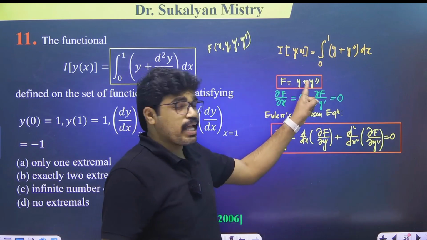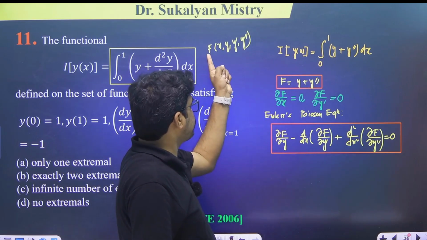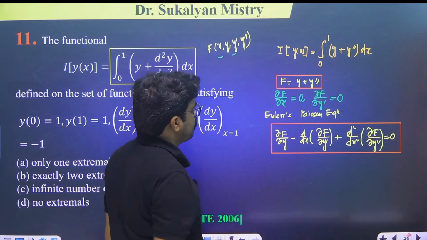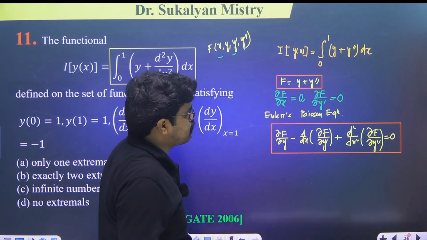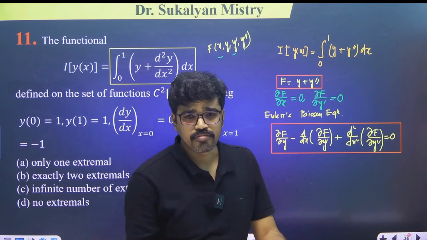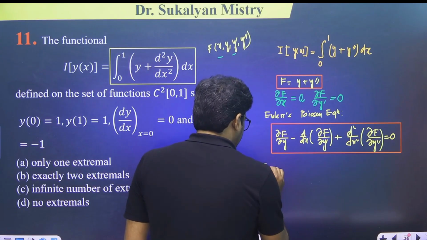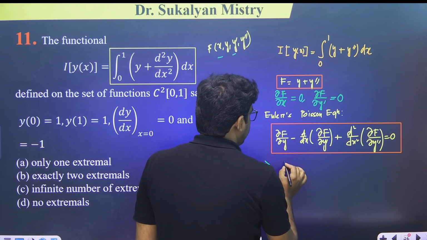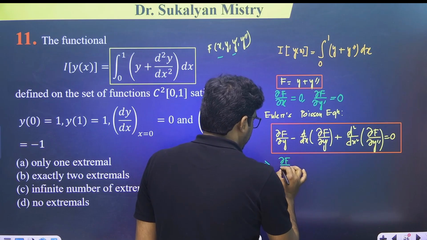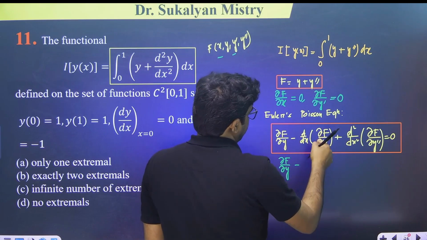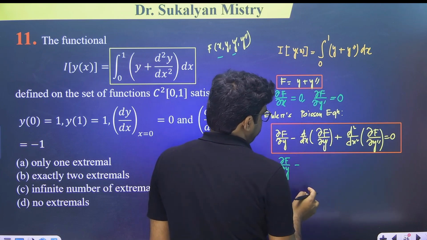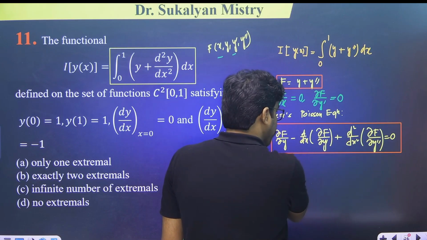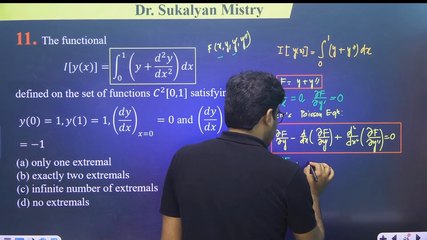f is a function of y and y double dash only. So f is independent of x as well as independent of y dash. Okay, so we get del f del x is equal to 0, del f del y dash is equal to 0. So this implies that del f del y minus del f del y dash is equal to 0. Okay, del f del y double dash, so this is 0, del f del y dash is 0 plus d2